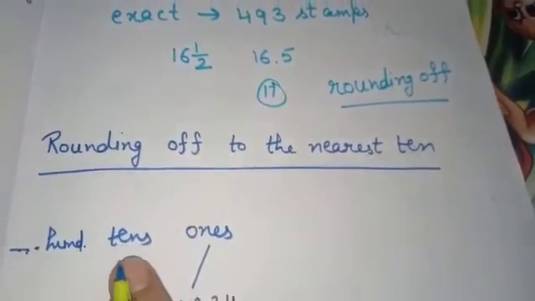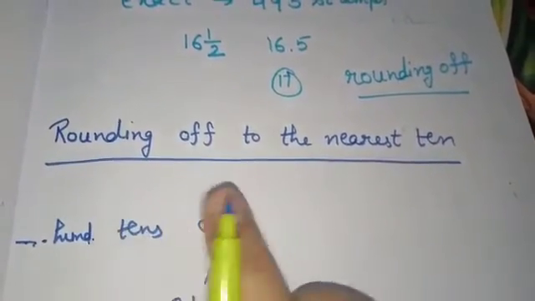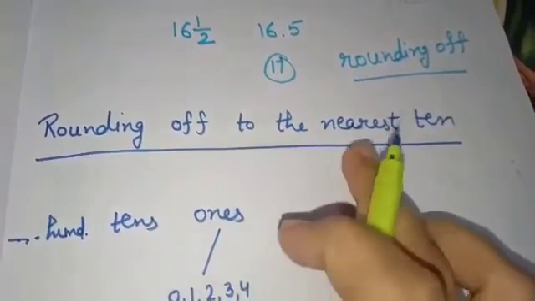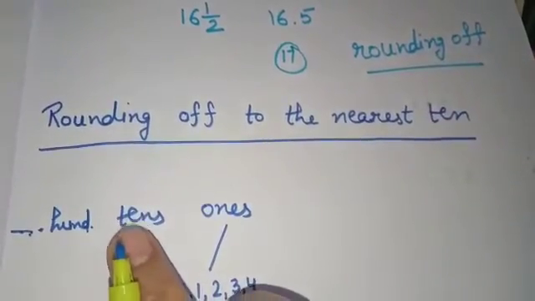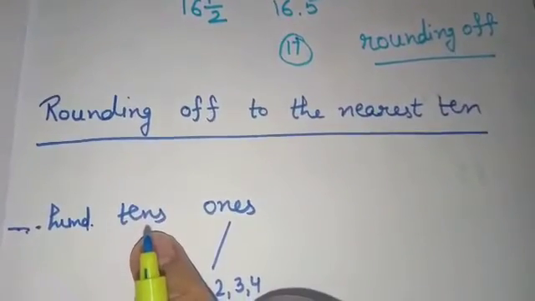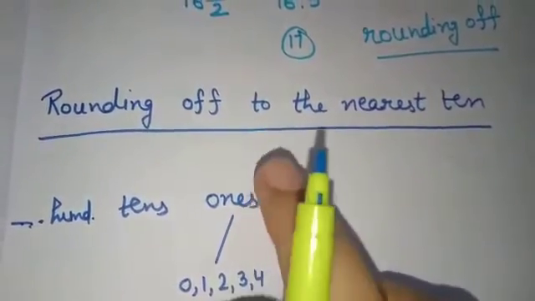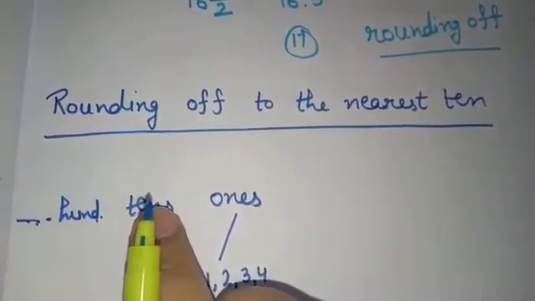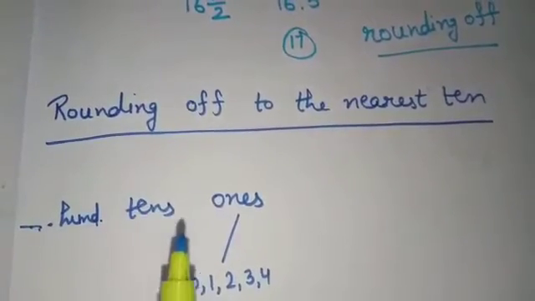To round off a number to the nearest 10, we just observe the digit at ones place. The place around which we need to round off the number, we look at the place one before that. If we are about to round off a number to the nearest 10, we will look at the digit at ones place. If we need to round off a number to the nearest 100, we will look at the digit at tens place. Now the question is how to round off a number.